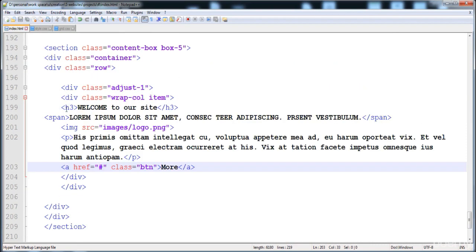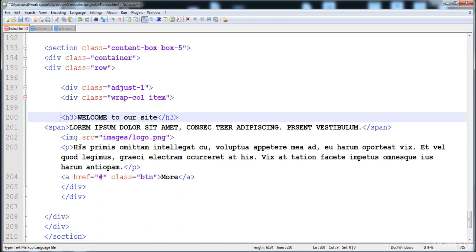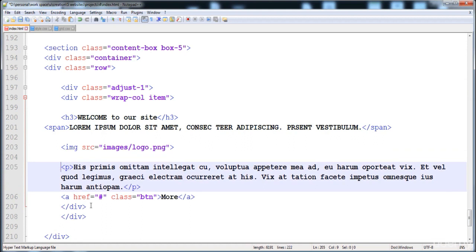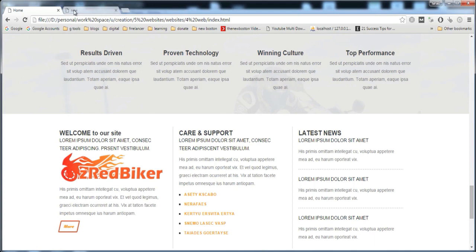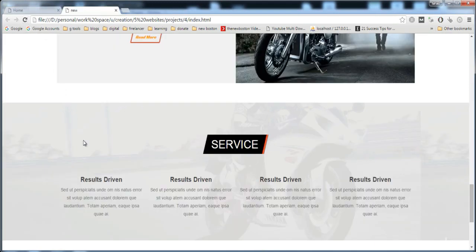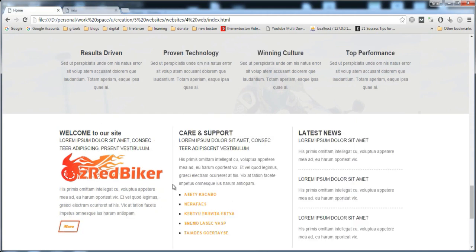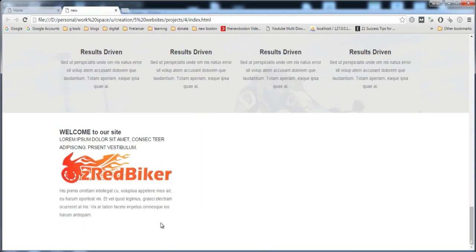So now the first div is created. Here is the h3 heading, and here is its text, and here are the paragraphs. So all the things are okay, and now let's check it. Here it is, but now one thing is left. We have to create a border on its right side like this, and then create a distance inside the border,